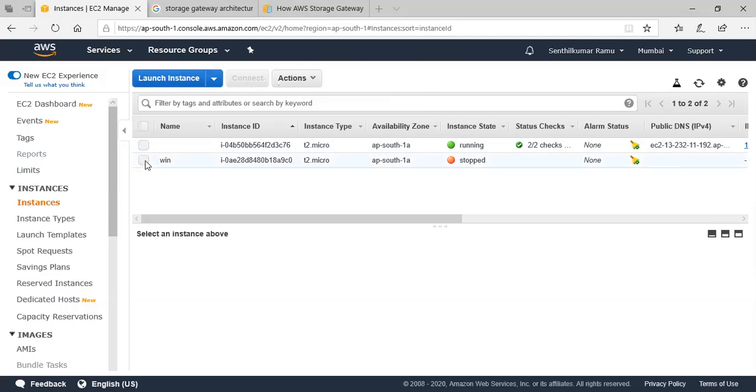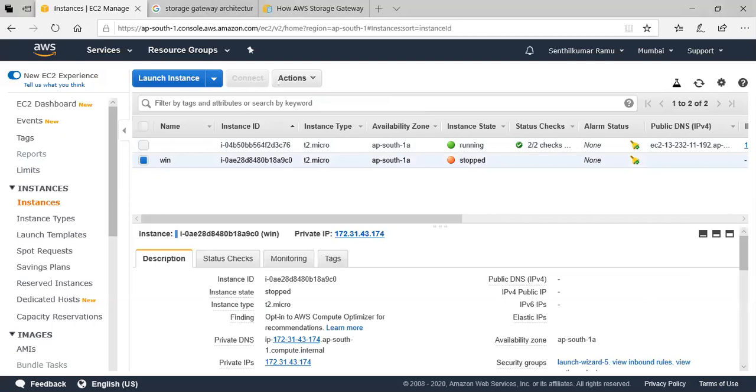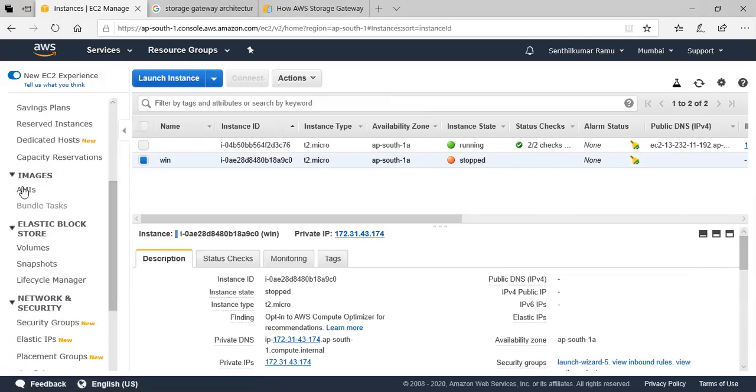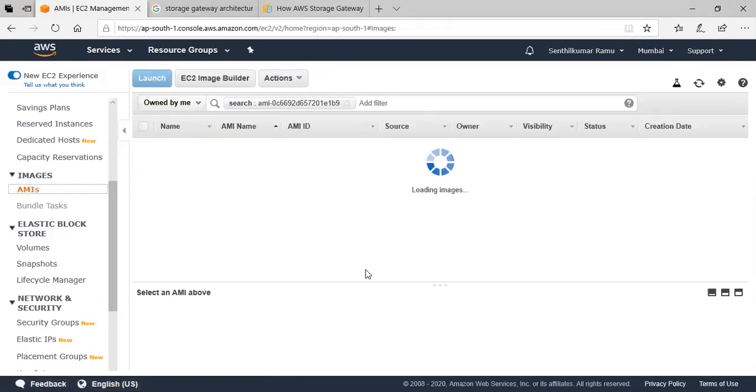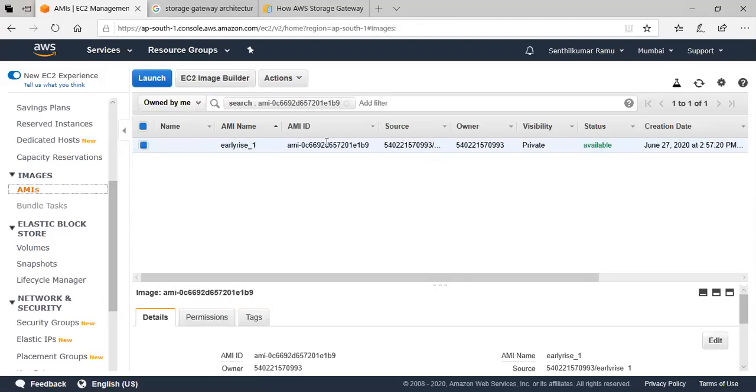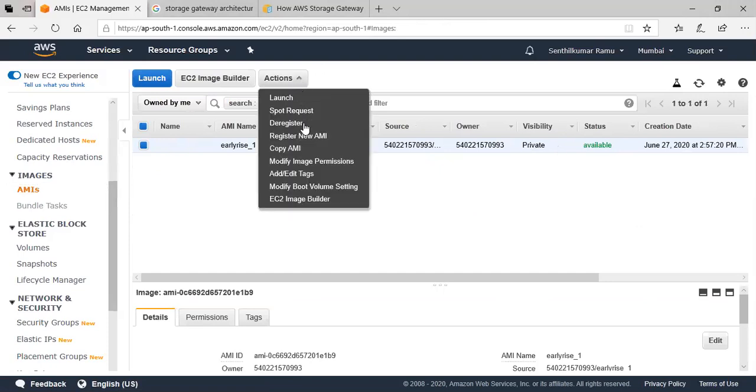Got it. I was in Sydney earlier, now moved to Mumbai. In Mumbai, you see this? It is available. Now what I'll do is copy my AMI.